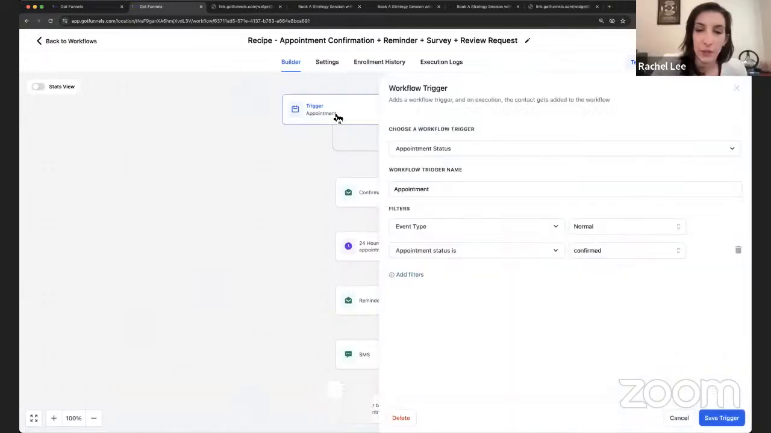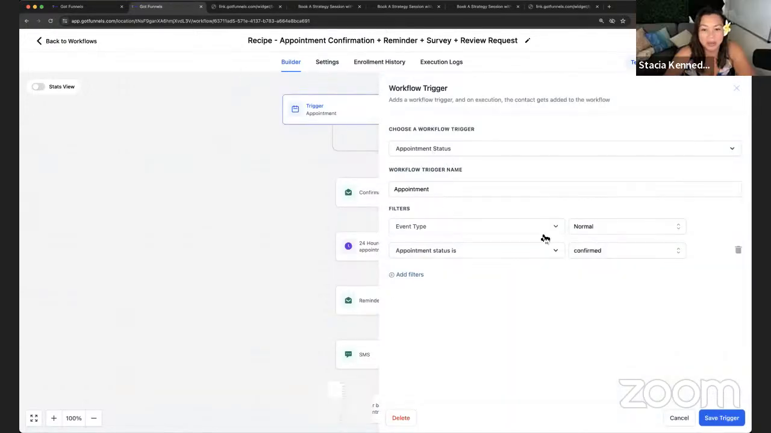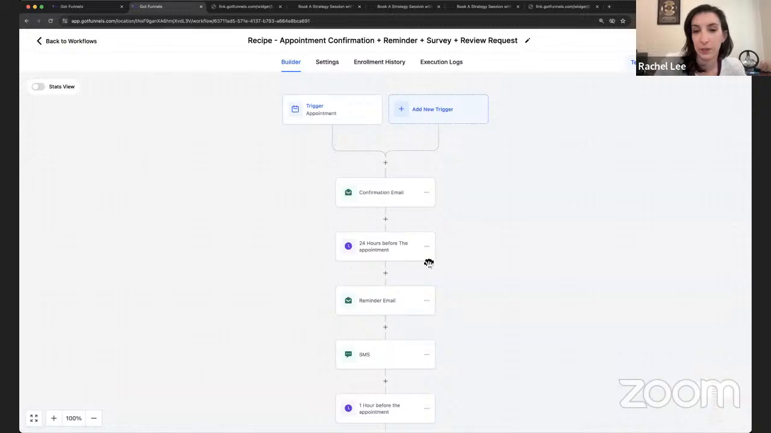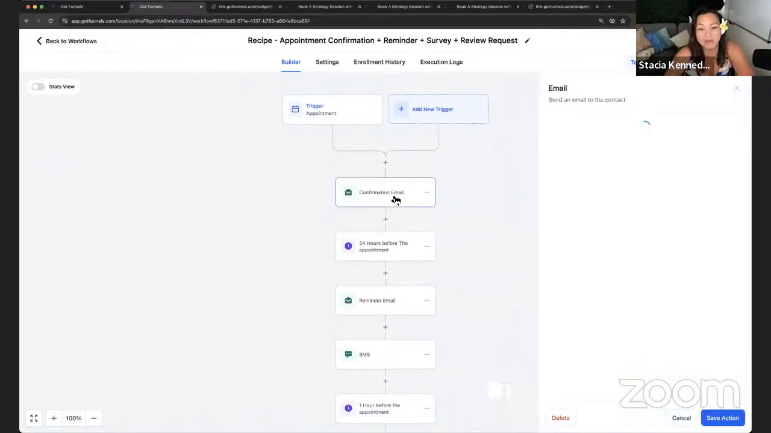Okay, here. So the trigger is going to be based on the appointment. The appointment is normal, confirmed status. That's how they're going to get into the workflow. So it starts from there. They book their appointment, they get a confirmation email